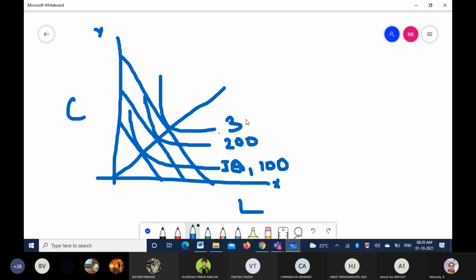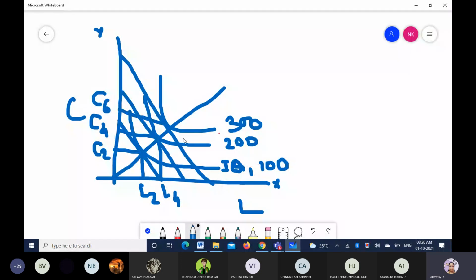Okay, the factor price line, and with the isoquant curve we are explaining it. So here 2 units of capital and 2 units of labor are used. In the same way, I have taken returns to scale. So 2 more units of labor are used, and here again 2 more units of capital and 2 more units of labor are used. So this can be L6. This is the combination.